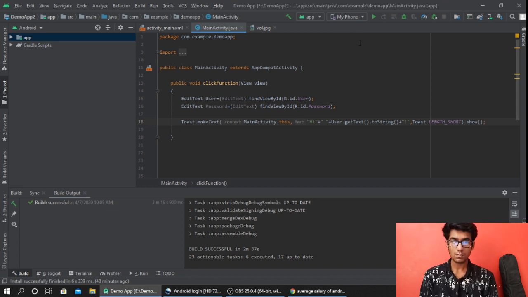All right, so we have coded it. Now it's time to build the app. So at the top here you can see this button, so you can go and press it. Before that, connect your mobile and see that your mobile is on. I told you in the first video how to do this, and turn on USB debugging so that you can